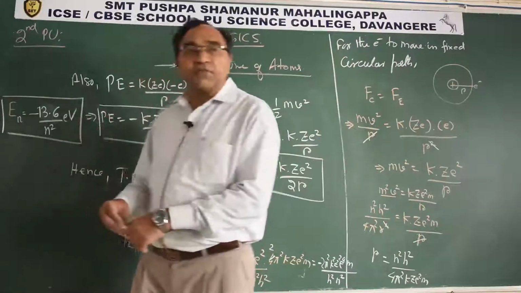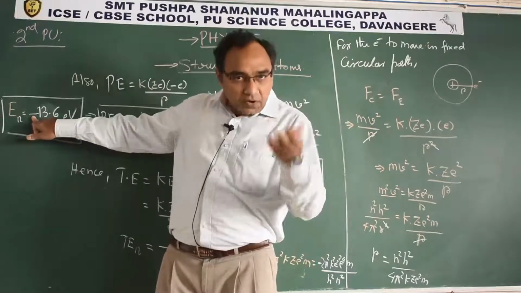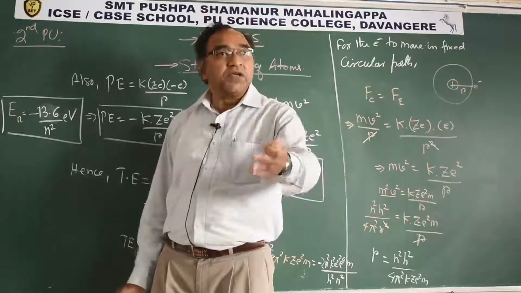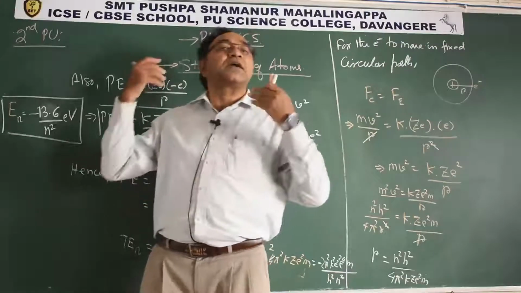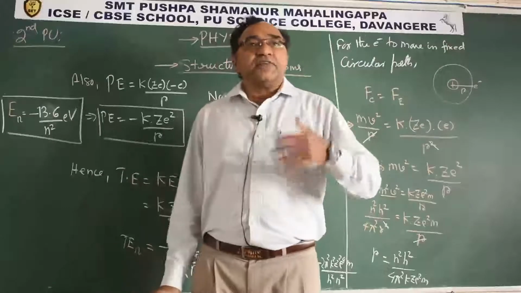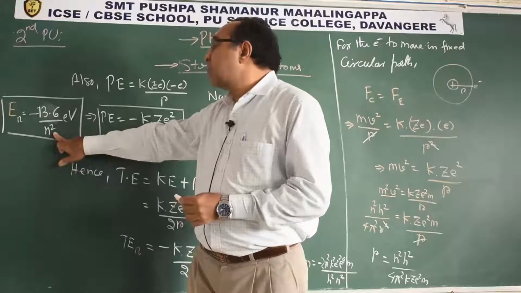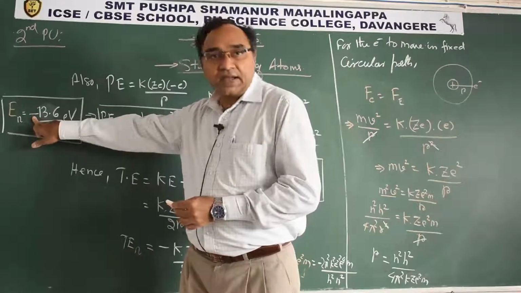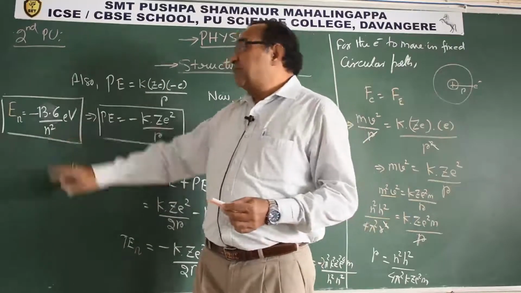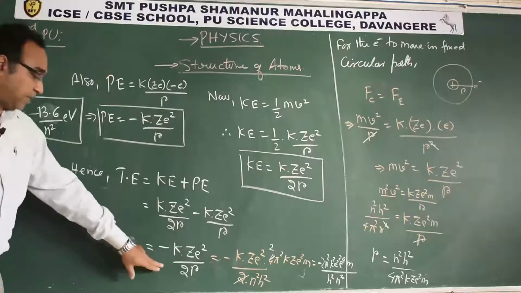But because the energy of the electron is coming negative, it is highly stable. So in order to remove it, we have to supply energy. The moment we supply energy, it becomes positive. Positive energy means unstable, and it can be plucked out from the orbit. That is exactly why we say it is the energy required to remove an electron from a given orbit, and that is coming as negative. This is the significance of the minus sign. Please understand. This is exactly how we can correlate. So total energy is coming this.